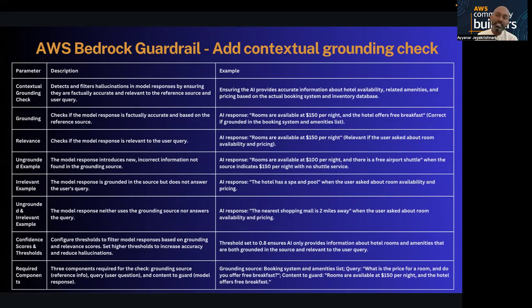But we don't want this kind of end user experience, right? We want to avoid it. That's where grounding as well as relevance come into the picture. Once I enable the context for this, it will completely avoid those kinds of responses. We will see this in a demo.